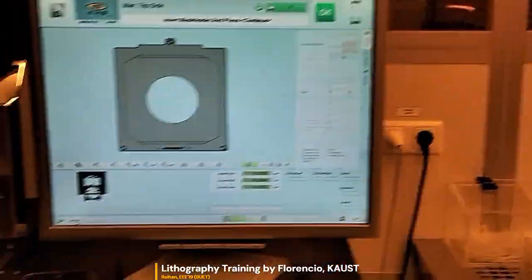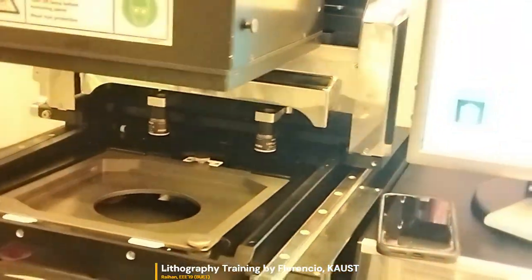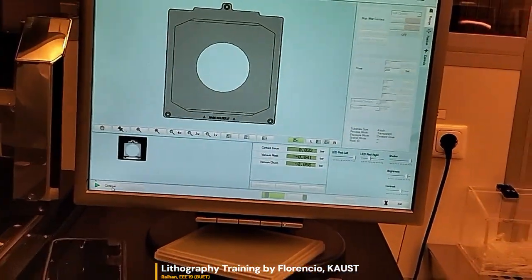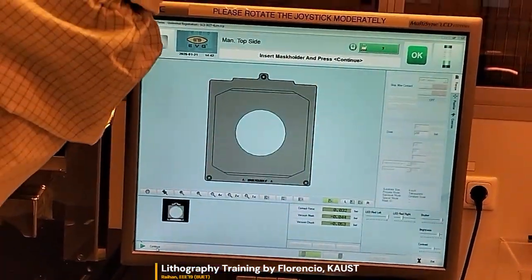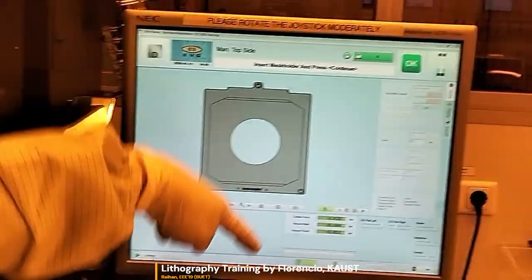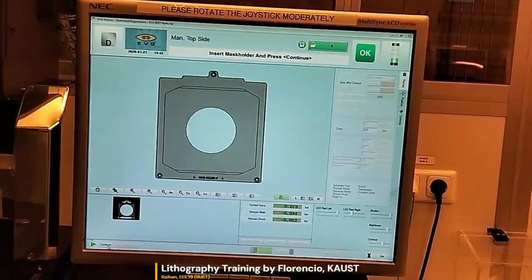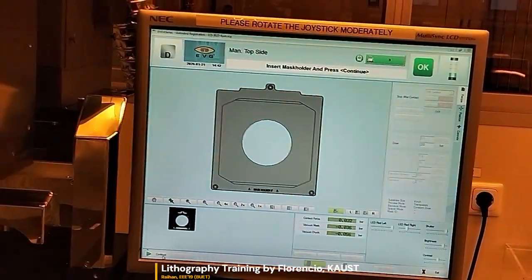Insert the mask holder. This one. The mask holder is already here. Why is it being asked? Because in the past, maybe 10 years ago, we were running a much bigger mask because we had an ASML tool here, a DUV aligner, but we divested it already. So we're only running this type of mask, the big one. It's only ADL using a bigger mask because it's a bigger wafer. So we're capable of running a big mask here.